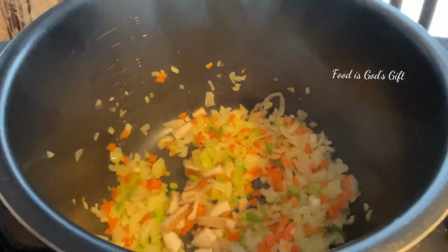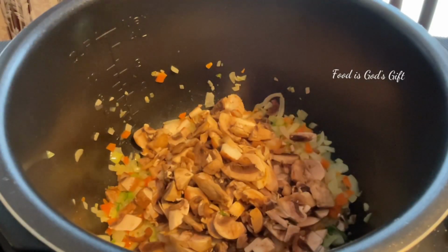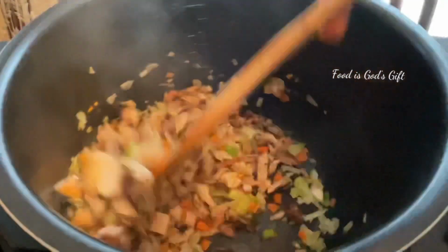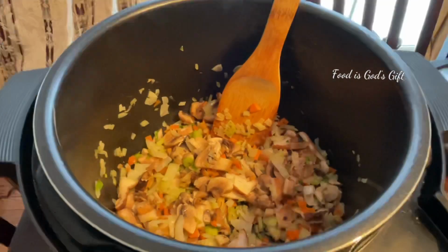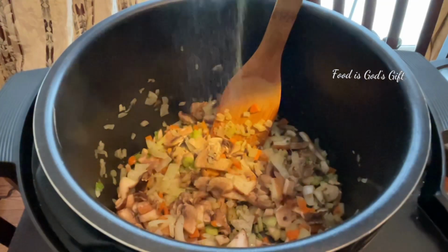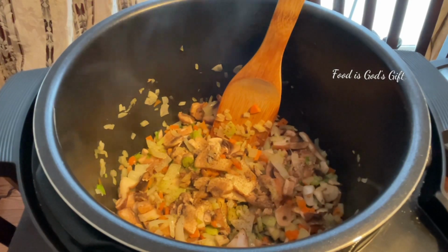Once you add the carrot and celery, give it a nice saute, and then I'm adding the mushrooms. Today I have shiitake, small baby portobello and white mushrooms. I just give them a nice chop, about 2 cups, that's sufficient. I'm adding a little black pepper, and I'm going to add the